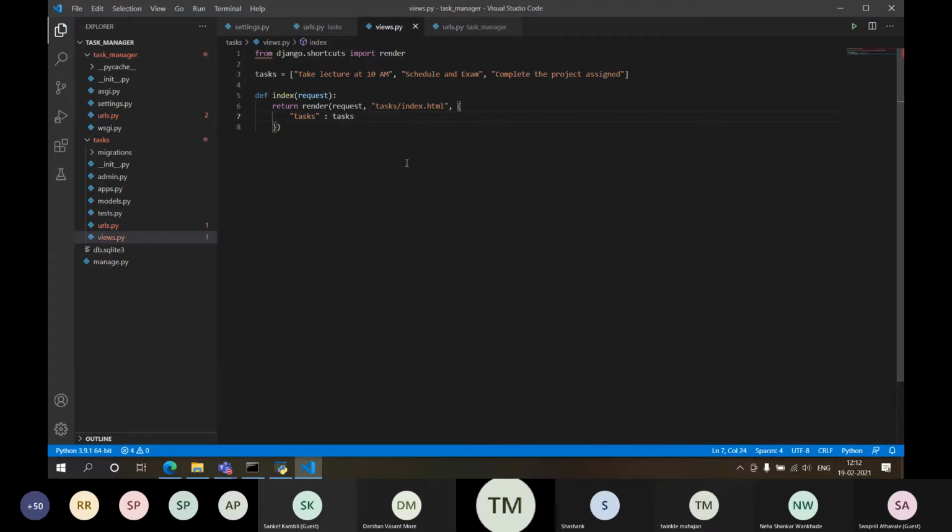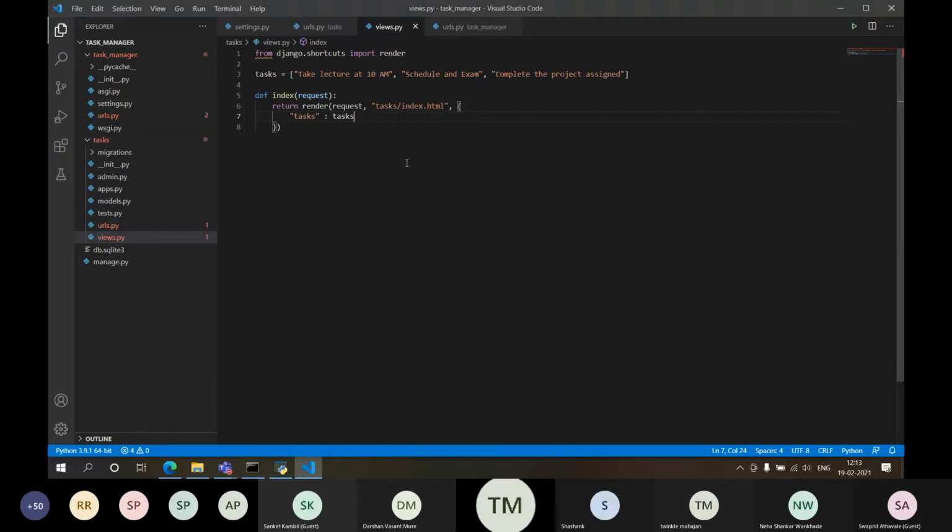Okay, this is my function. It's pretty simple. Three tasks. I'll pass that particular list of tasks to an index page, and that index page will display those tasks. Now, why am I taking this example? Last time also I passed some context and I cached it over there. Last time I passed a string name like Swapnil or Chetan, and it showed me.